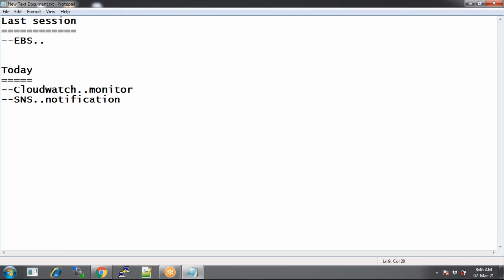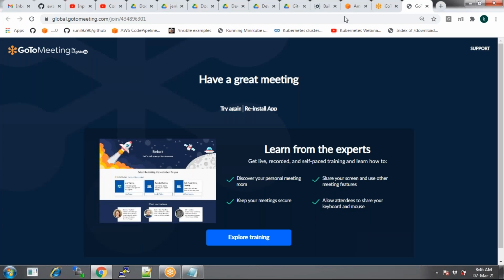There must be some other service running in the background which is monitoring your instance. That is CloudWatch. We monitor it using CloudWatch and then we notify it using SNS. So that's the relation between these two. Now, first let's see CloudWatch. Then parallelly we'll be talking about SNS as well. Now, going first, log into my account.